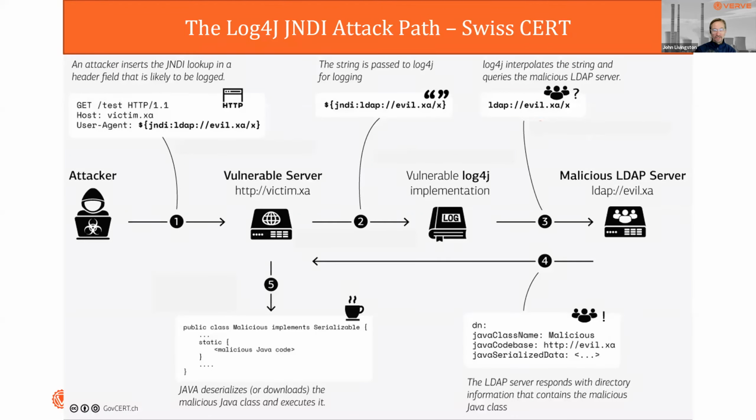As I mentioned, that JNDI goes out and queries another server to come back. In this case, it queries a malicious server because the attacker has inserted that different lookup path into the JNDI. Then that LDAP server will respond with the malicious Java code. And then Java downloads that and executes it automatically, with no certification, no verification, et cetera. It just automatically